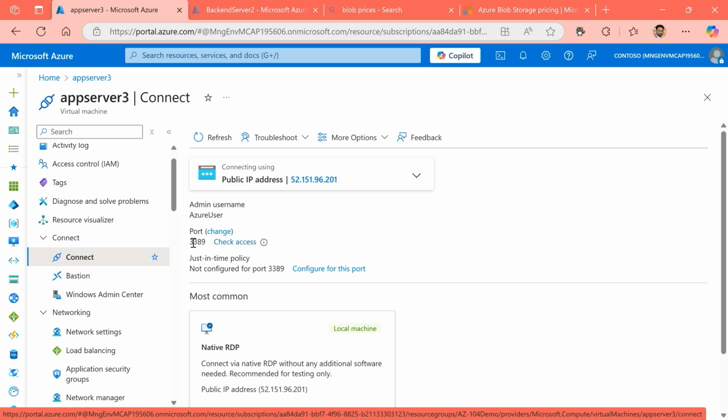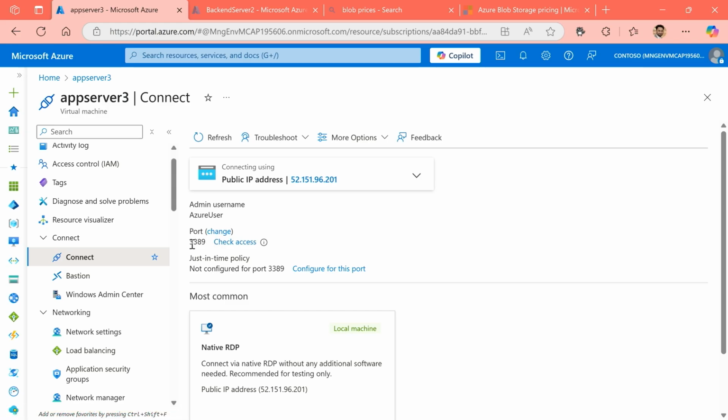Now, a few things that we'll need to understand, depending on how we are connecting to this virtual machine. If I am going to use a public IP address and RDP to connect into it, that could be one way for me to connect. Obviously, if it was a Linux machine, then instead of RDP, we'll be looking at port 22 for SSH to connect into it. But since this is a virtual machine running a Windows operating system, we'll use RDP as one of the ways to connect to it.